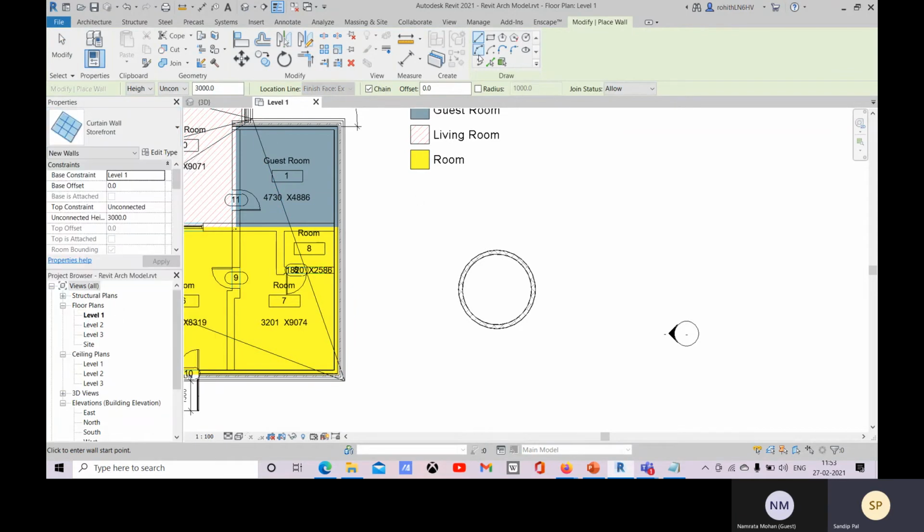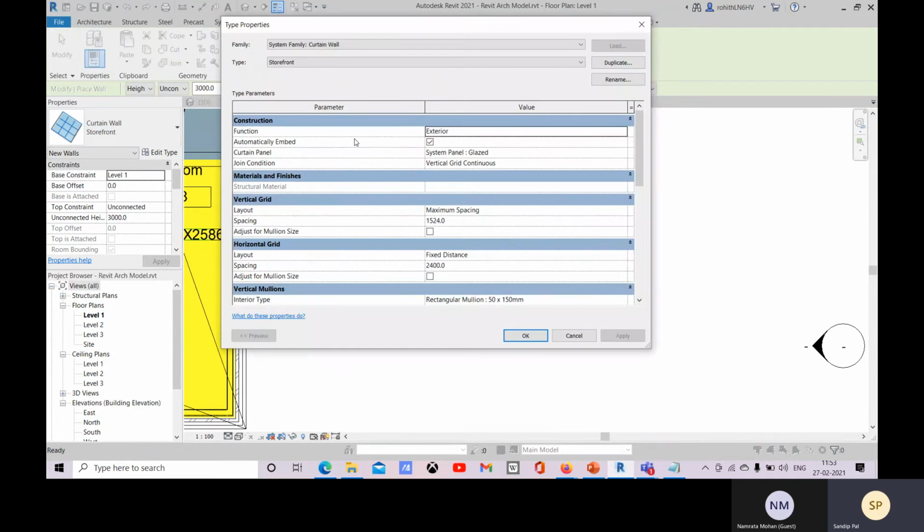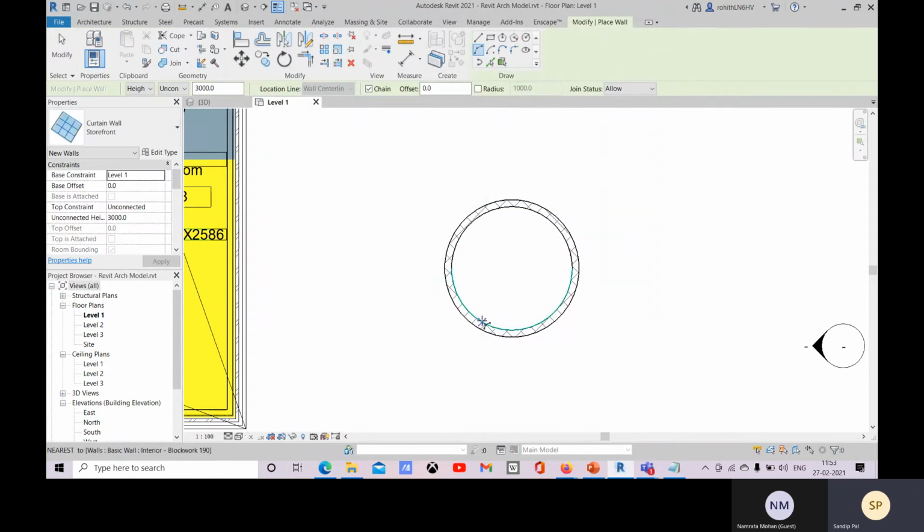Let's go with the storefront, and let's go to start radius, and make sure that the automatically embed option is there, otherwise you have to cut that geometry. So from this end to this end,